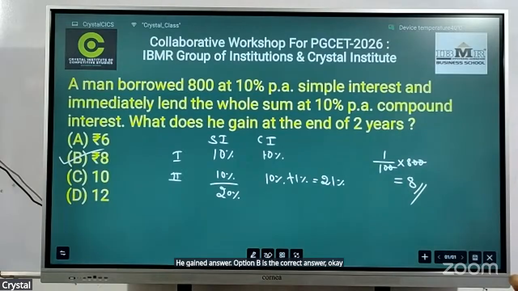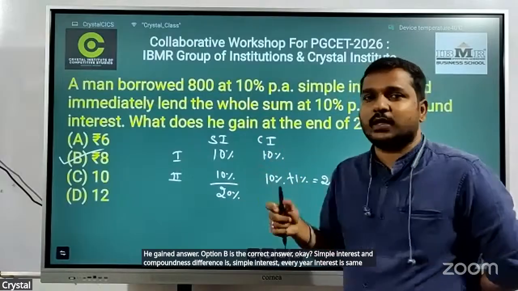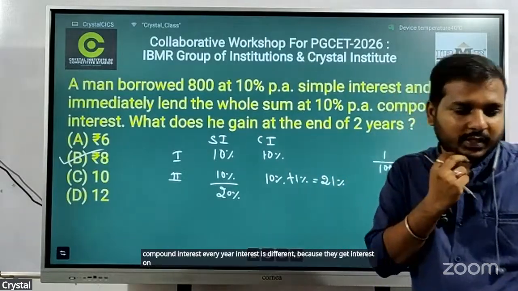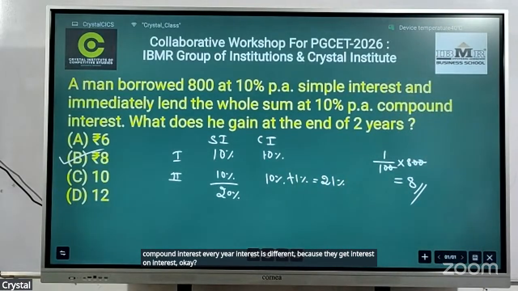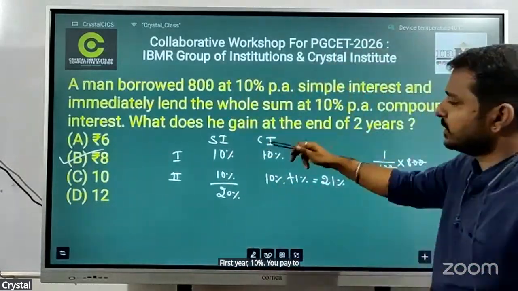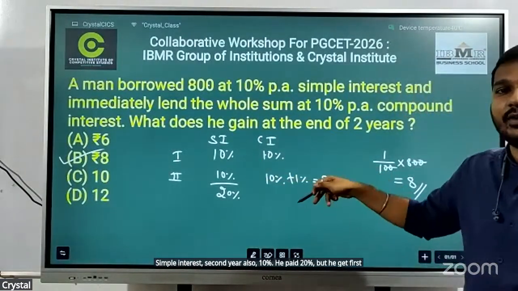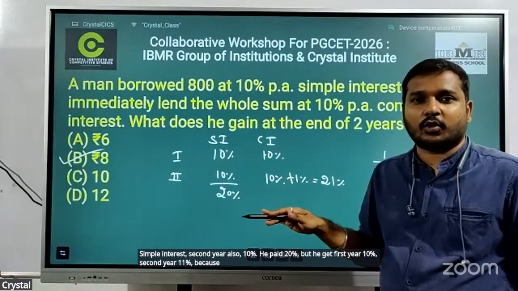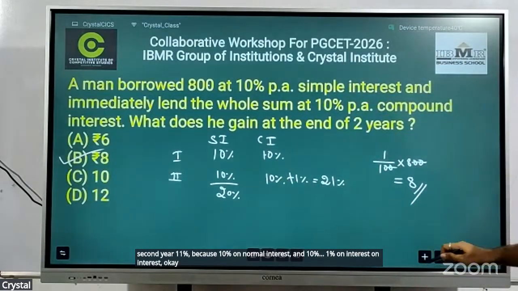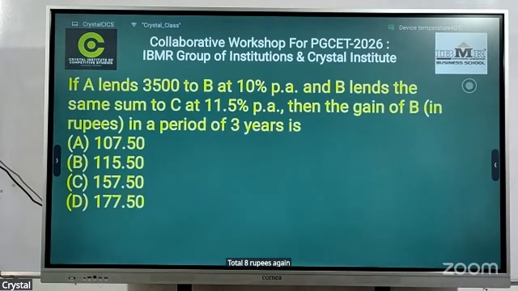Okay, the difference between simple interest and compound interest is that in simple interest every year the interest is the same, but in compound interest every year the interest is different because they get interest on interest. First year 10% he pays as simple interest, second year also 10%, he pays 20%, but he gets first year 10%, second year 11%, because of 10% on the normal interest and 1% on interest. Okay, total 8 rupees he gains. Next,